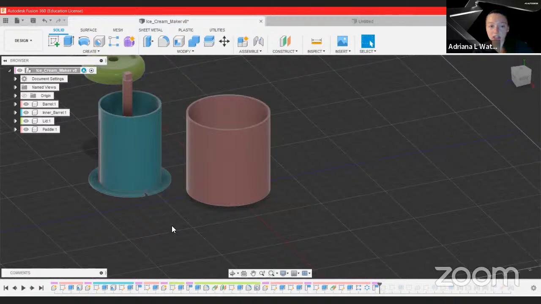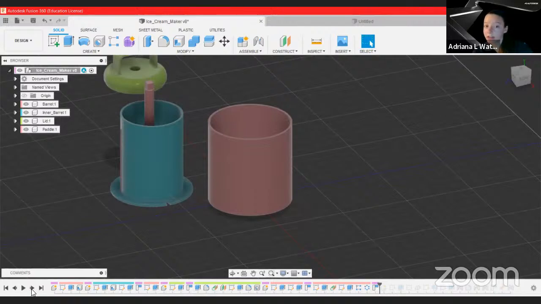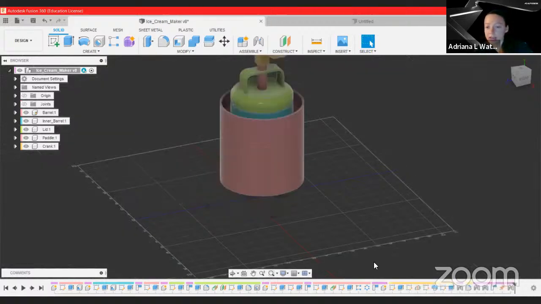So the next thing, I'm just going to start sort of putting things together and constraining them. But before I constrain everything, I'm going to make my handle next. So you can see I'm making my crank component. This is a really fun, very freeform shape. Essentially, all I'm doing is I'm going to create